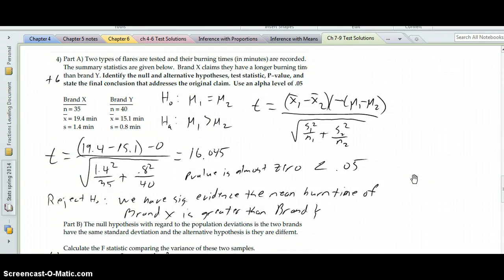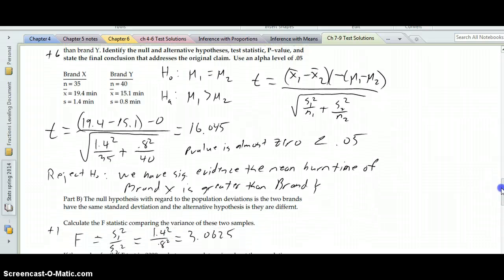Number 4 is checking the difference between two means. Our null hypothesis is these two brands have the exact same average burn time. And the alternative is that brand X is greater than, it says that right there, that it has a longer burning time, so it'd be greater than. One-tailed test. Here's the formula for that t-test, and the calculation gives us a t-score of 16.045, which is crazy high. Again, that puts our p-value at almost 0, which is much less than 0.05, and that means we would reject the null,